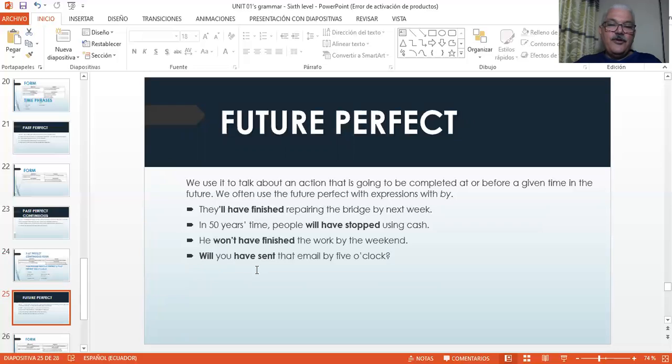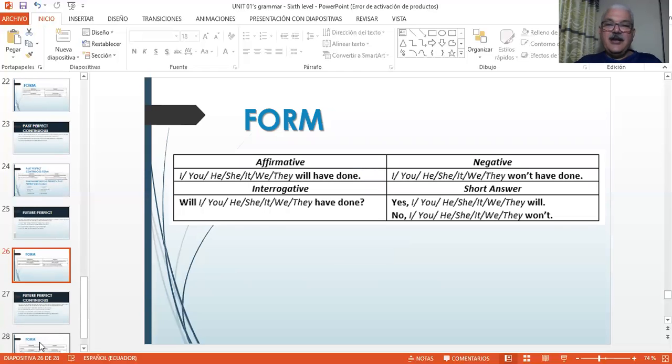And will you have sent that email by 5 o'clock? That's a question. So notice that with all of them, we are using the by construction for the future. That's also a characteristic of this tense. And here we have the form that we use for this structure. In the affirmative, the subject, then will, then have, and the past participle. If it is negative, the subject, won't, which is the negative form, will not, have, and then the main verb needs